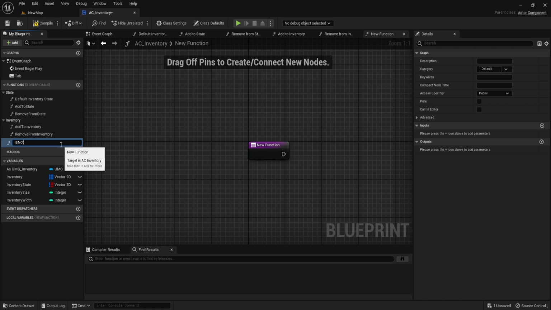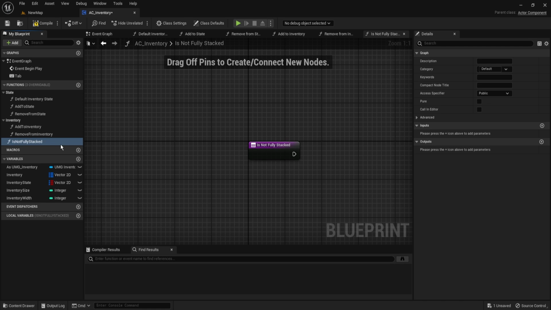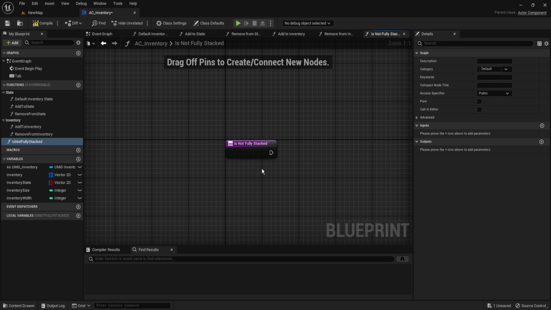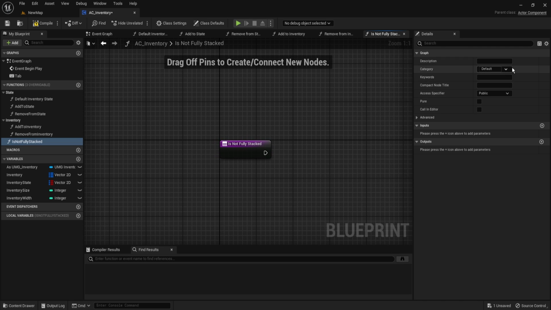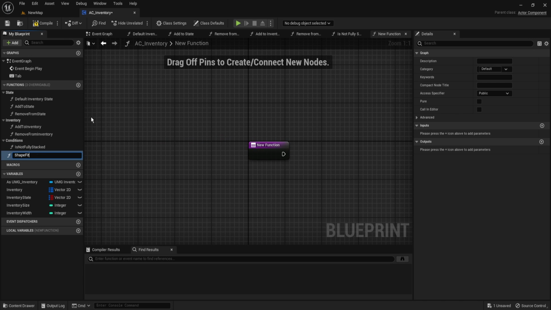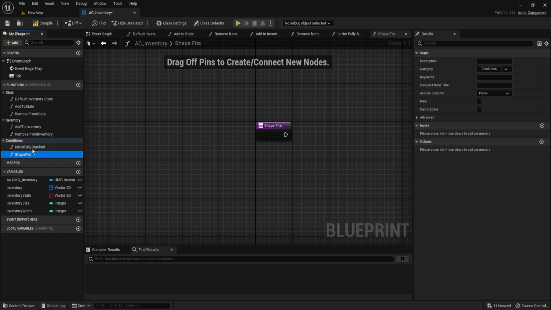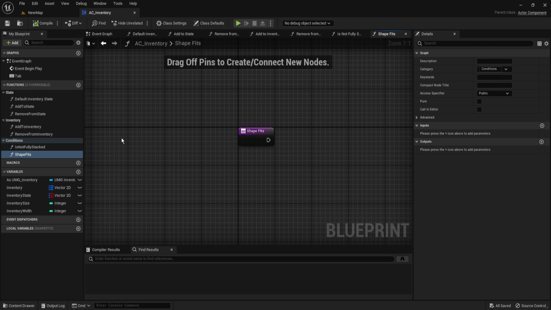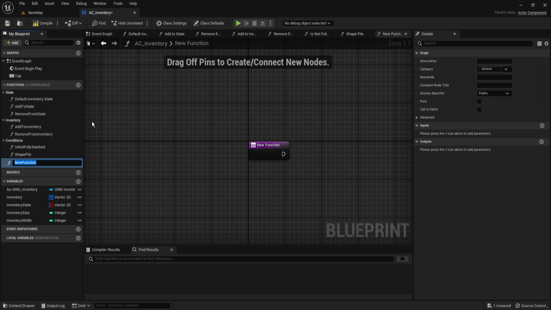Next up, some functions that we'll use for conditions. One is not fully stacked, which is going to check if a slot has extra space in it, like we did in the previous tutorial, or you would have in any case of any inventory. This is going to be in a category we'll call conditions, and it's going to have another one next to it, which is called ShapeFits. ShapeFits, same thing, what it will do is run through this and tell us, hey, is there enough space to put this new item we're trying to add in this location? Finally, we're going to need a pickup